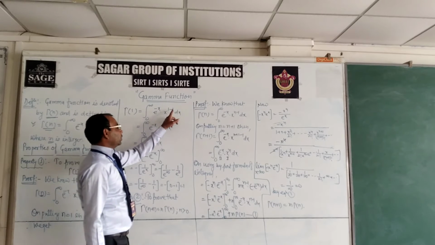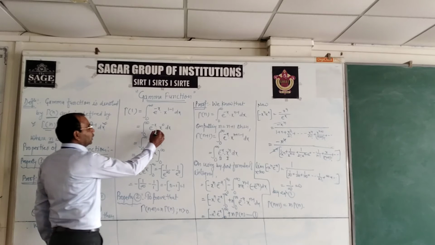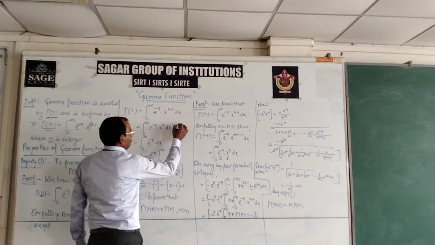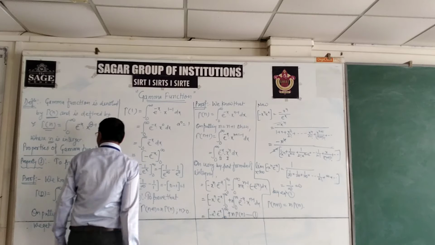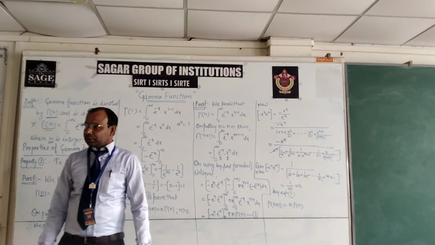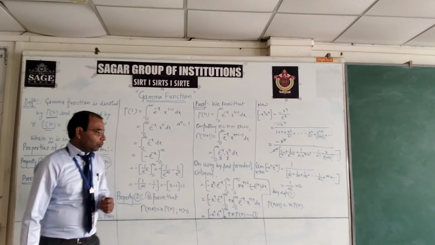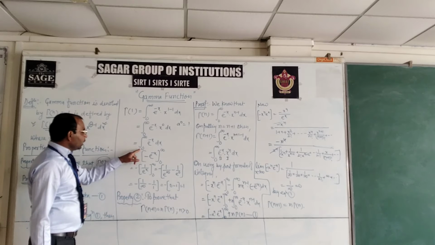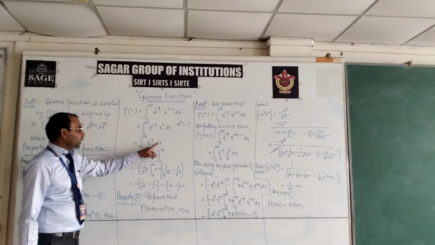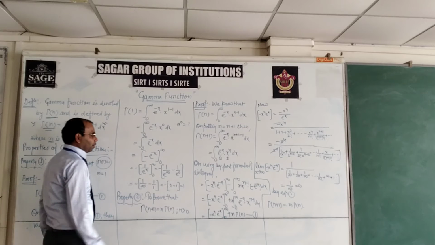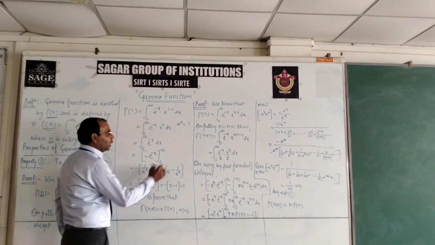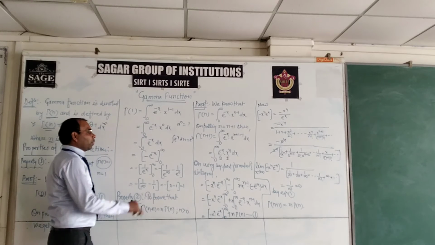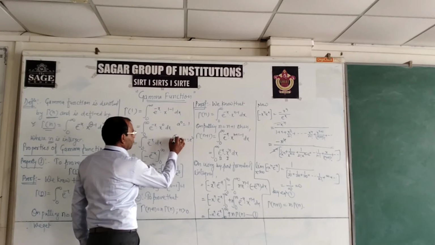Here n is replaced by 1, so x to the power 1 minus 1, that is x to the power 0, and the power of any term to 0 is equal to 1. So a to the power 0 or x to the power 0 will be 1. So we have the integral from 0 to infinity of e to the power minus x dx. The integration of e to the power minus x is minus e to the power minus x. Basically, integration of e to the power x is e to the power x, the same term, but the extra term is minus 1.